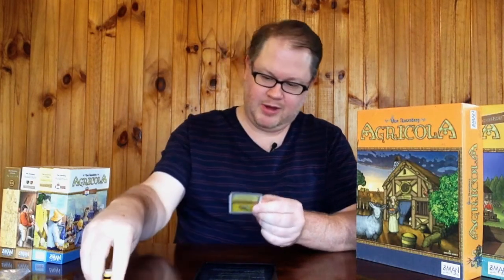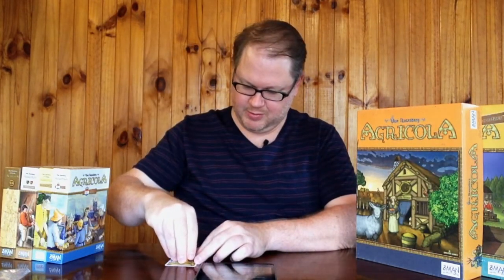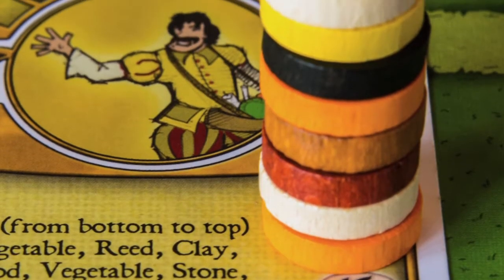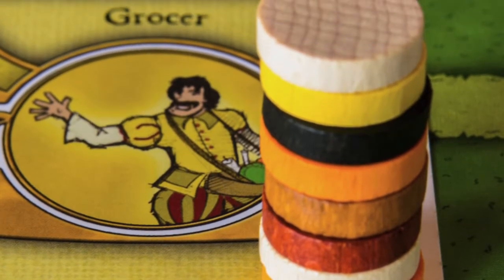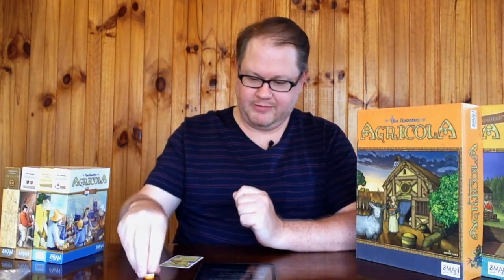You put a pile of resources on this card, starting from the bottom up: vegetable, reed, clay, wood, vegetable, stone, grain and reed. And at any time in the future you can buy the topmost resource for 1 food. Apparently this is some sort of an OCD grocer who insists that you buy things in a certain order, but nonetheless, I love cards that let you get